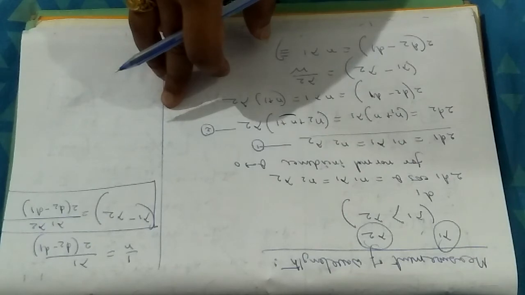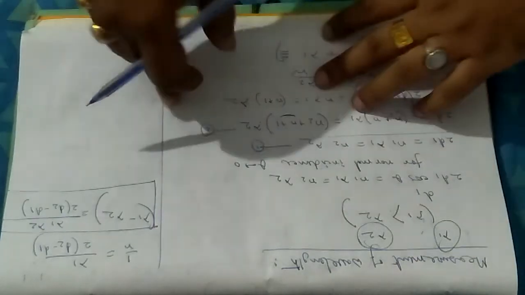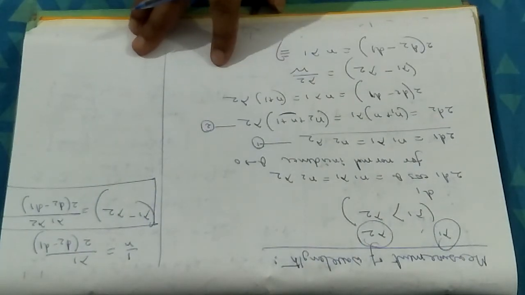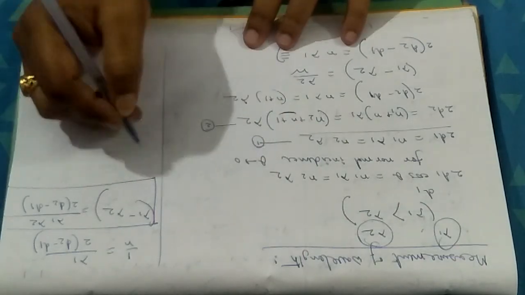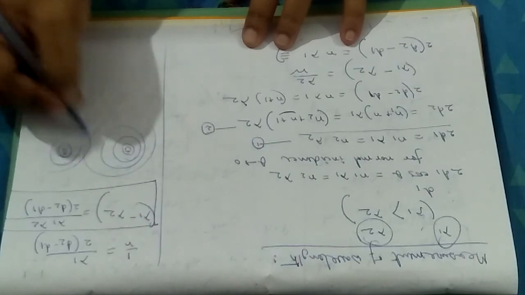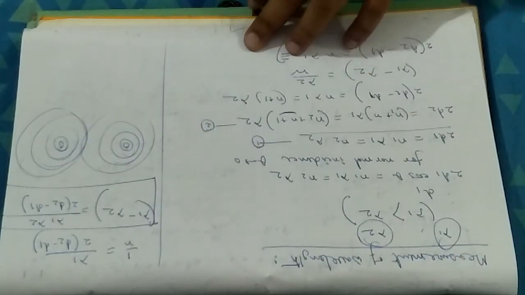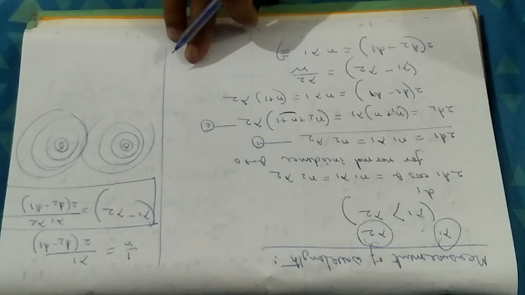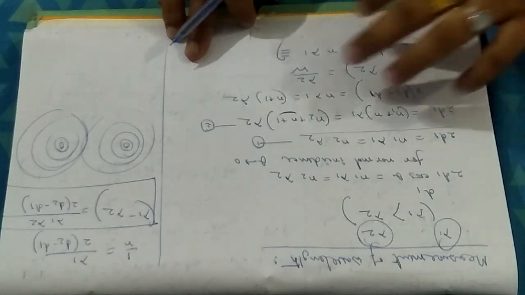Calculations are very simple. The physics you have to understand, that in case of Michelson interferometer, how the mirrors are playing the main role, and in case of Fabry-Perot interferometer, how the glass plates are playing the main role in creating the fringe patterns. In case of Fabry-Perot interferometer also, you are getting circular fringes like that. And in case of Michelson interferometer, you can change the condition for central spot to be bright or dark depending upon the condition of path difference. In case of Fabry-Perot interferometer, you can do the same.